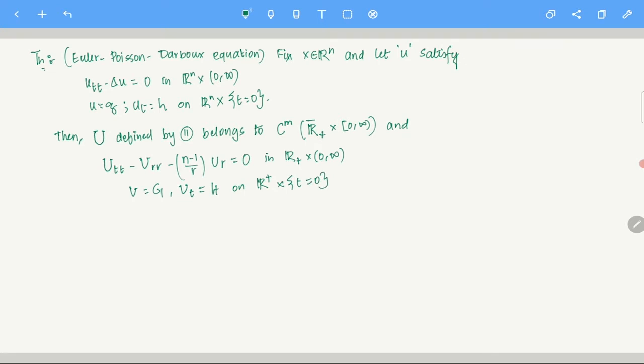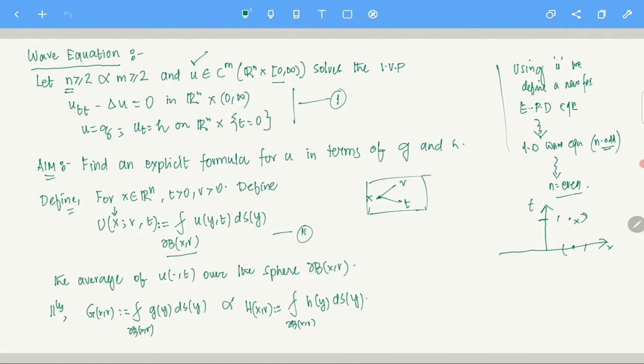See, a beautiful thing is happening here. What we are doing here, this method is called, I forgot to tell you this thing, the spherical means. So basically, we are taking an average over spheres, okay? So see this function which we defined like this, there is a very beautiful thing about this function. u solves the wave equation, that's for sure. That is given to us, right?